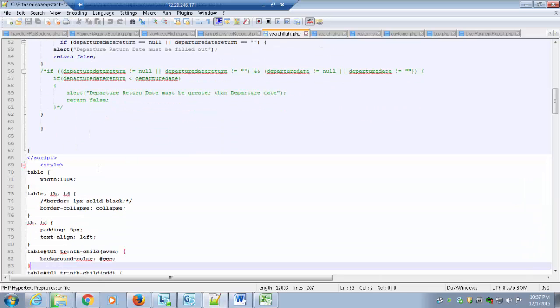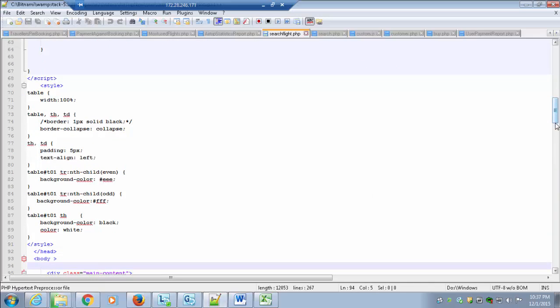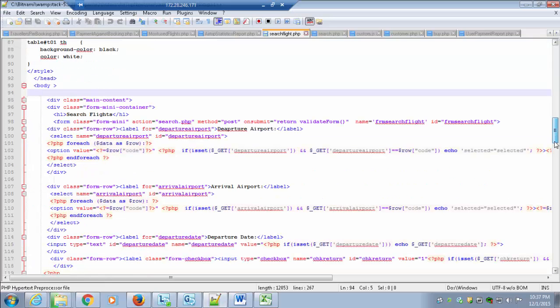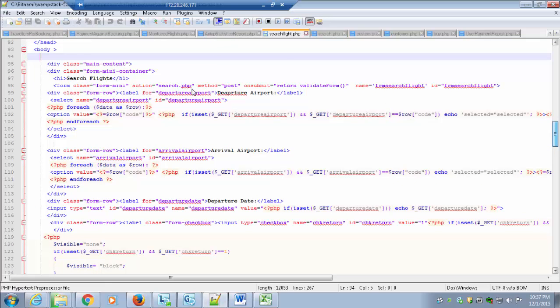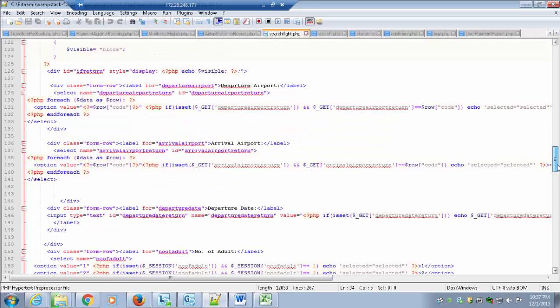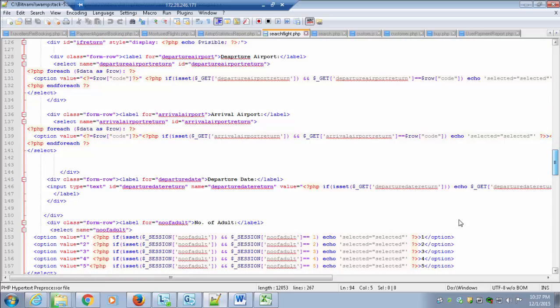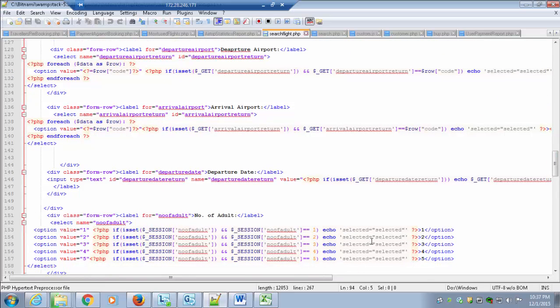So the user fills in the departure airport, arrival airport, departure date, and if the checkbox has been clicked, then the user has to fill out the round trip information and the number of adults. In our case, we have given 1 to 5 in the drop down.